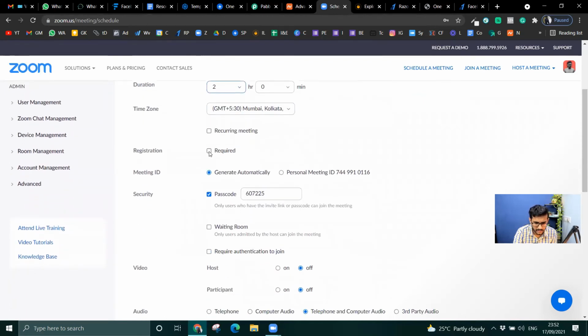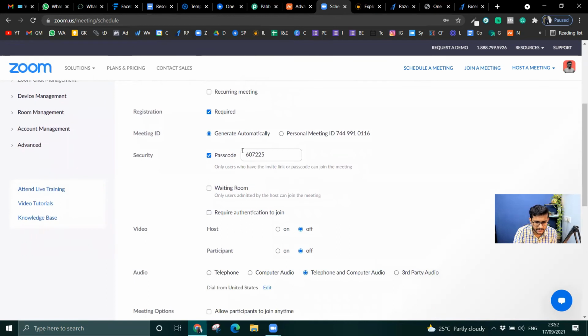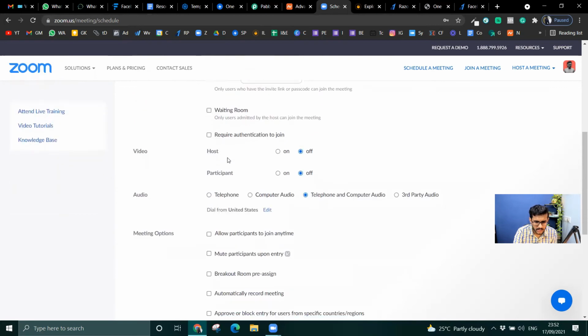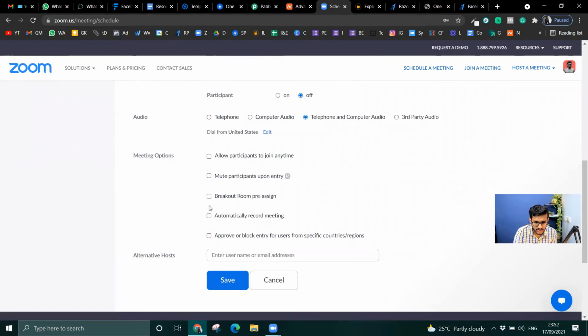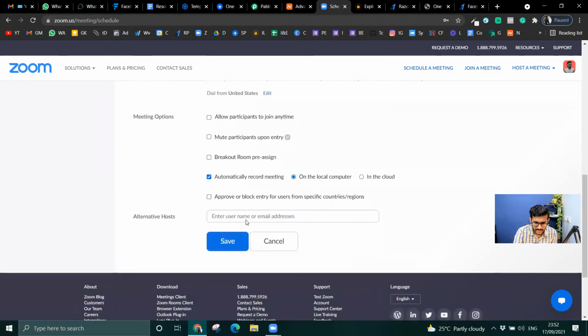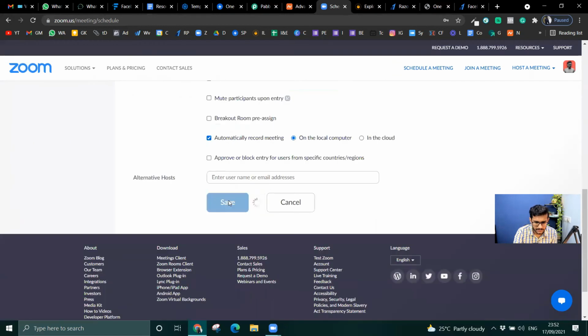Kolkata, recurring meeting, no registration required. I'll remove it as not required. Okay, not required. I would want to just automatically record the meeting. Okay, good to go.